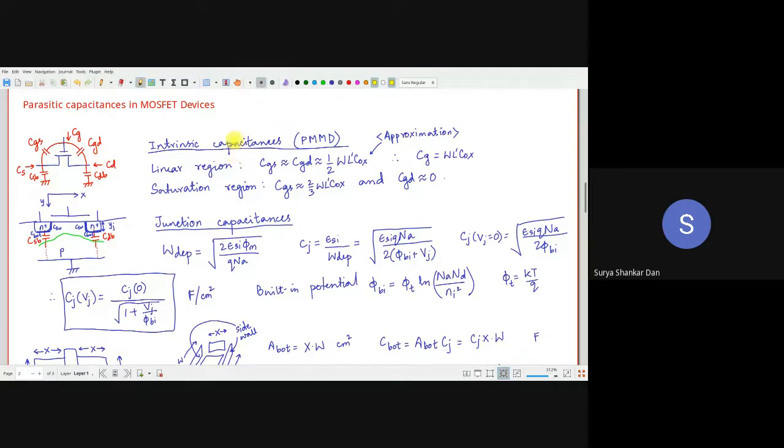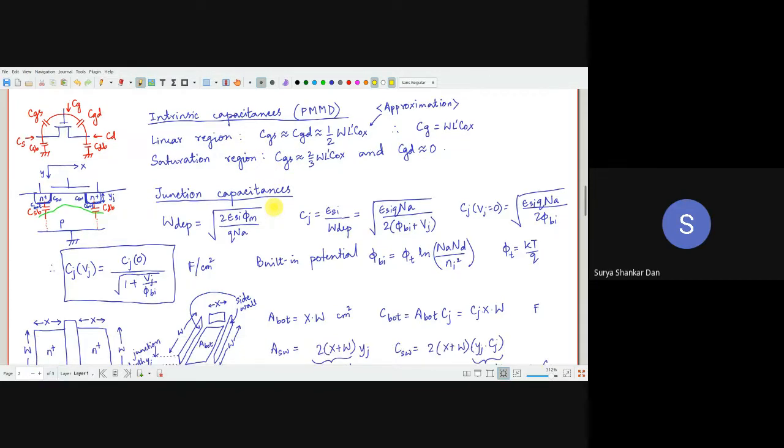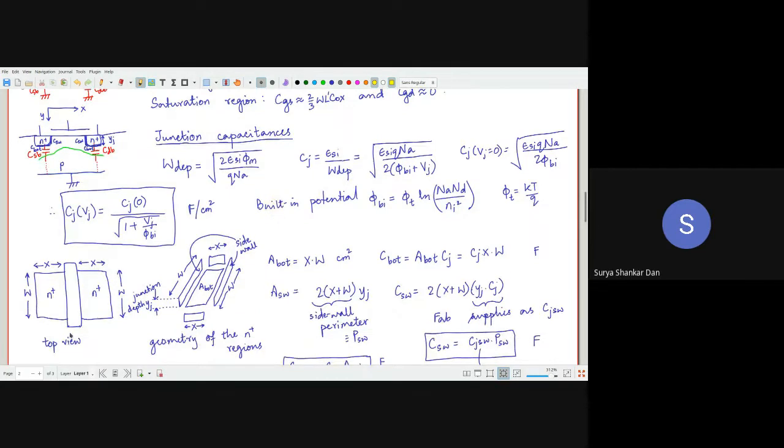In order to estimate the output capacitances, first we will revise a little bit about the results of the intrinsic capacitance, not the derivation, not the physics behind it, because that will take a lot of time and that is not the purpose of this course. Later on, after I conclude the intrinsic capacitance part, we will jump into the parasitics and how to calculate the parasitics. And as you will see, we are already in the layouts. So the parasitic capacitance has its meaning only when you are doing physical layouts.